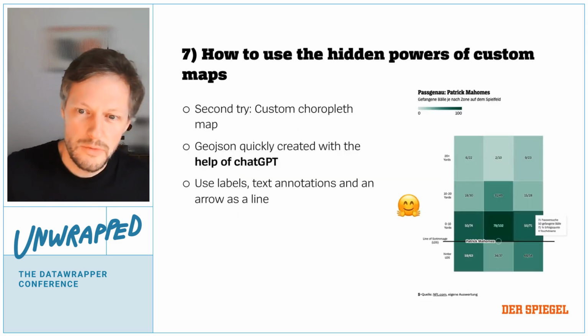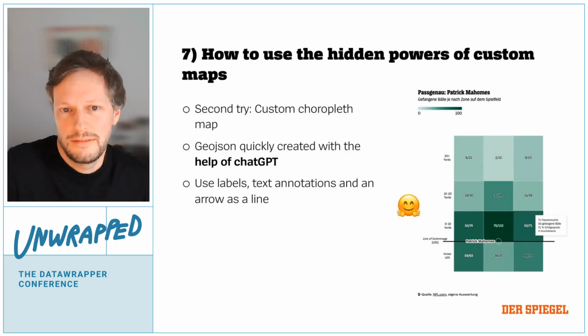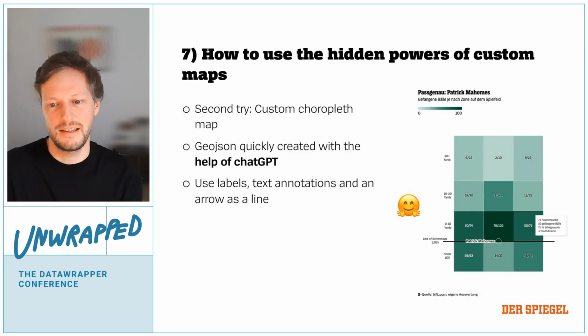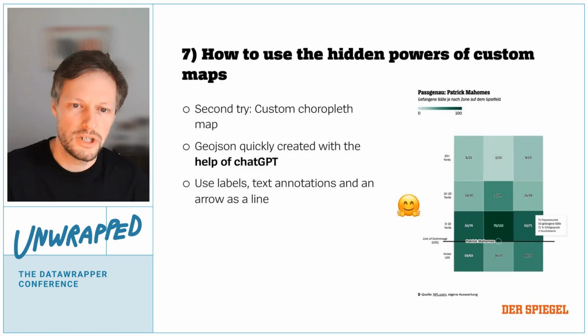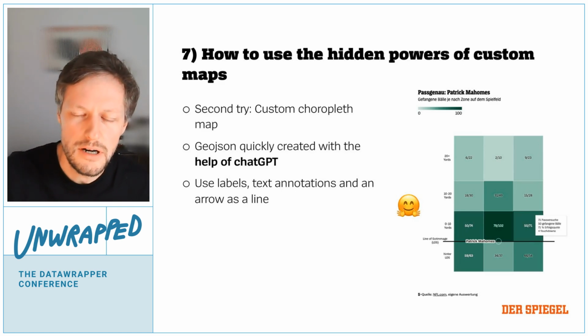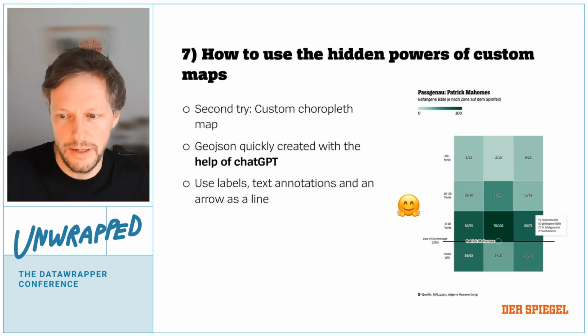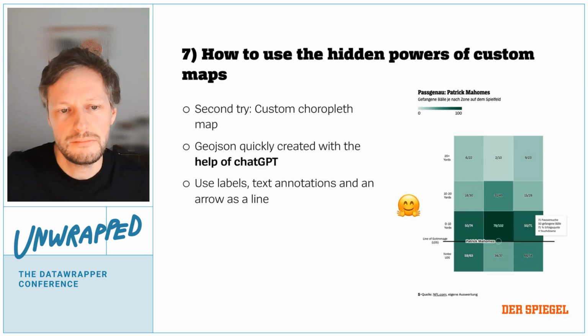Then we experimented some more, and we found this solution here. So the heading of this chapter is Hidden Powers of Custom Maps, and that's what we used there. This is a custom choropleth map in Datawrapper. So we created a GeoJSON with the shape of a football field, or the sectors of the football field here. We were lazy, or the colleagues that did it were lazy. They asked ChatGPT for help and asked ChatGPT to generate a GeoJSON file with the given dimensions,